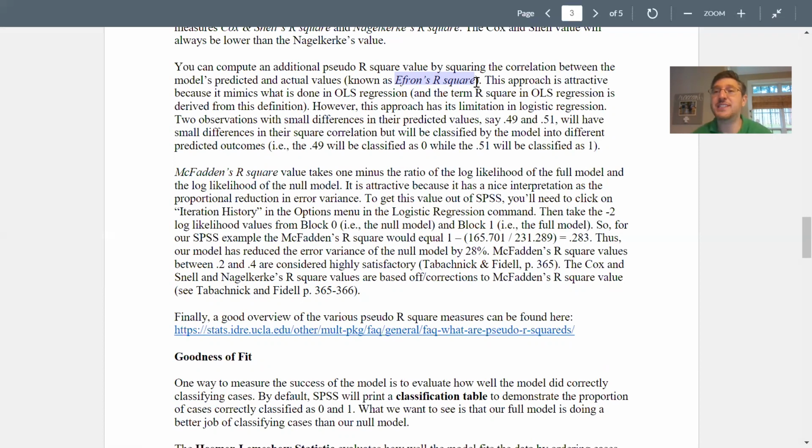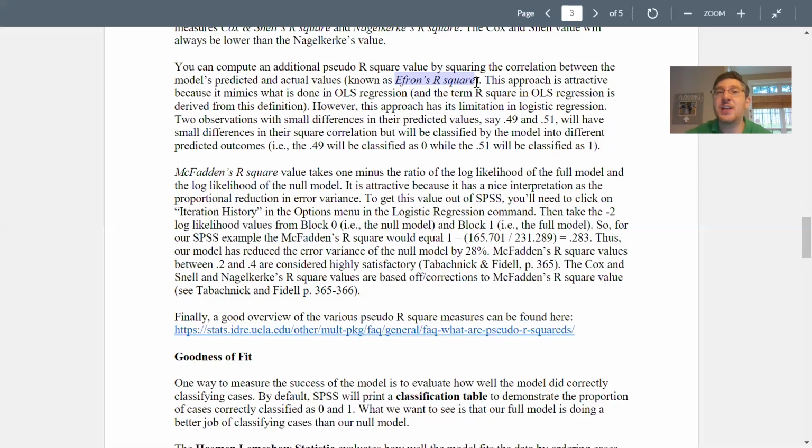And so we can do the same thing in logistic regression. I'll show you how in the example: we'll save out the predicted values and then basically just run a regression, or we could do a correlation between the predicted and the actual values and then square that correlation. If you run them as a regression, it's going to square the correlation for you automatically. I like it because it's intuitive. It's just the squared correlation between the predicted and the actual values,